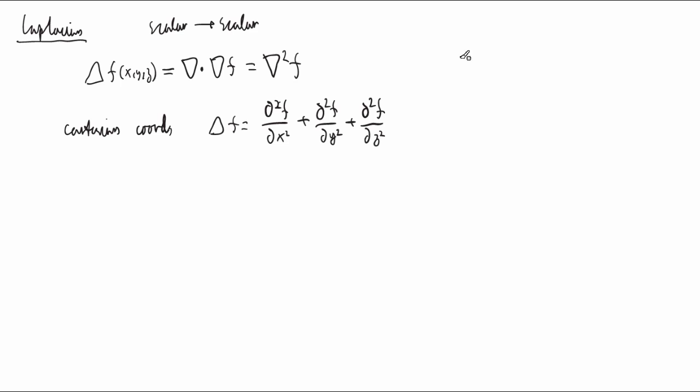And remember that the differential element dl is h1 dr1 e1 hat, plus h2 dr2 e2 hat, plus h3 dr3 e3 hat. So these scale factors will enter into all of the calculations of the gradient, the divergence, the curl, and the Laplacian, and you get some fairly complicated equations,